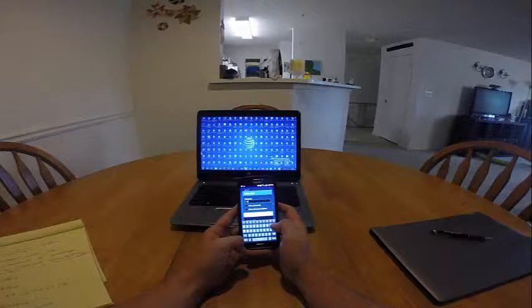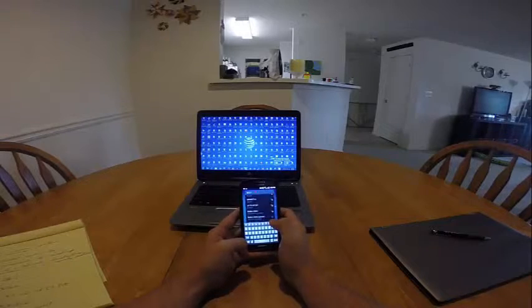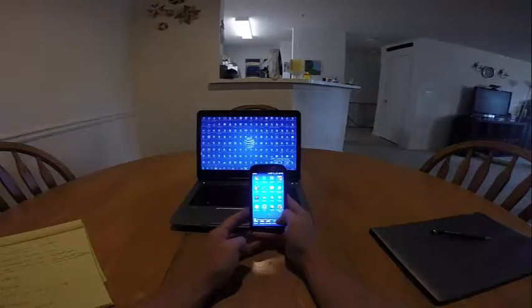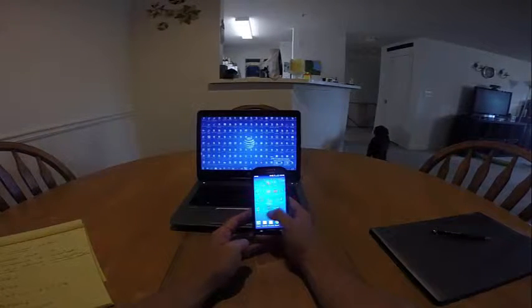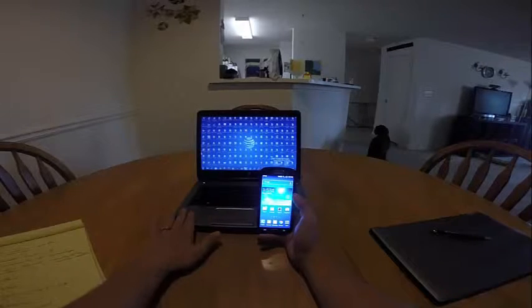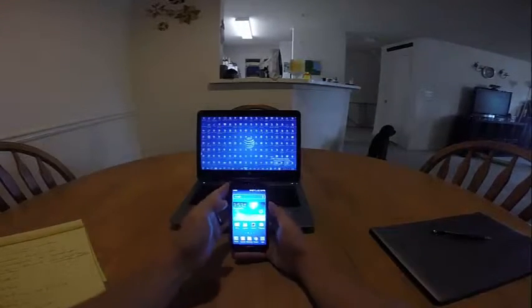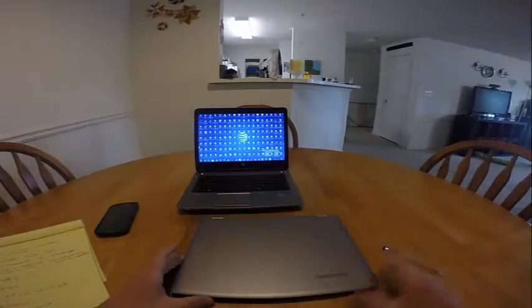Alright, we have our Wi-Fi indicator that we are connected to the network. We have it down there. We are good to go. We have established a wireless network on our mobile phone and our laptop. That is for internal. Now for external,